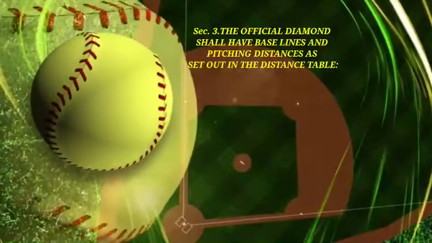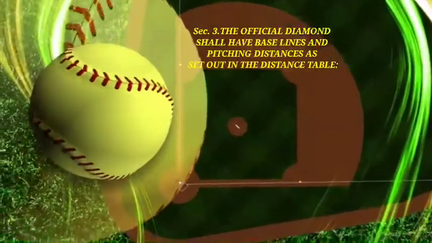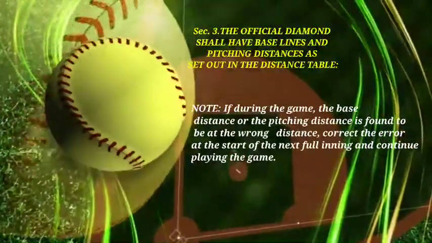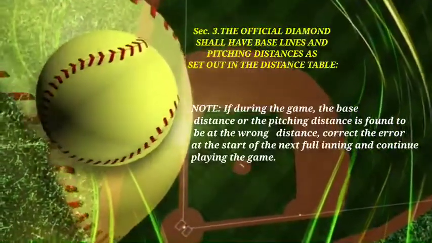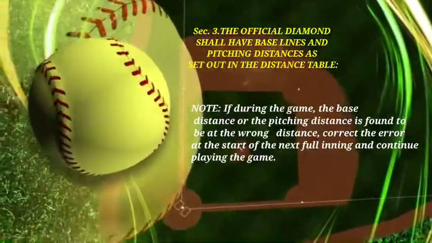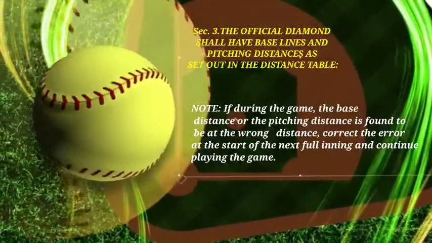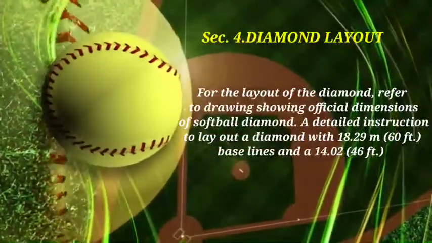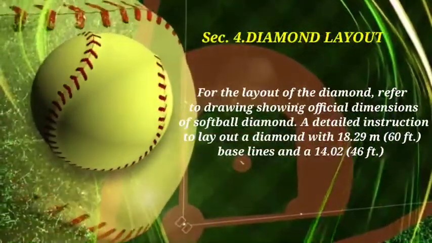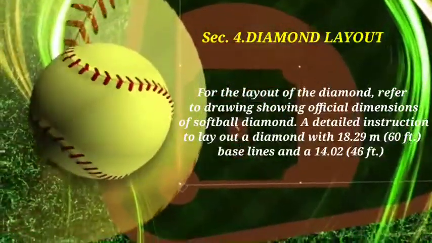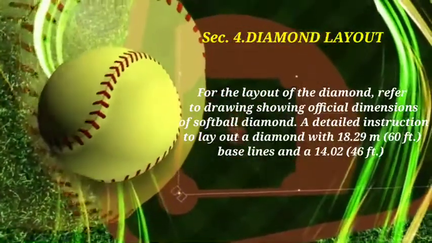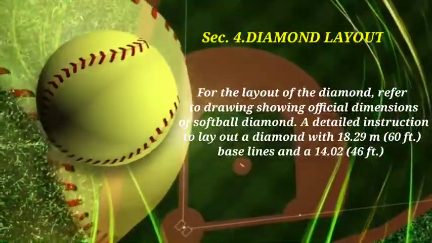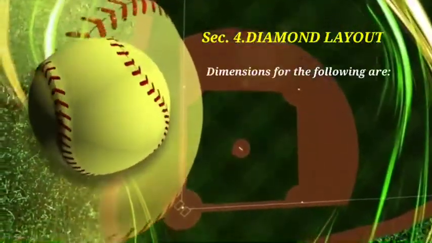The official diamond shall have baseline and pitching distance as set out in the distance table. Note, if during the game the base distance or the pitching distance is found to be at the wrong distance, correct the error at the start of the next full inning and continue playing the game. Section 4 Diamond layout. For the layout of the diamond, refer to the drawing showing the official dimensions of a softball diamond. Detailed instructions to lay out the diamond with an 18.29 meters, 60 feet baseline, and a 14.02 meters, 46 feet pitching distance. Dimensions for the following are: